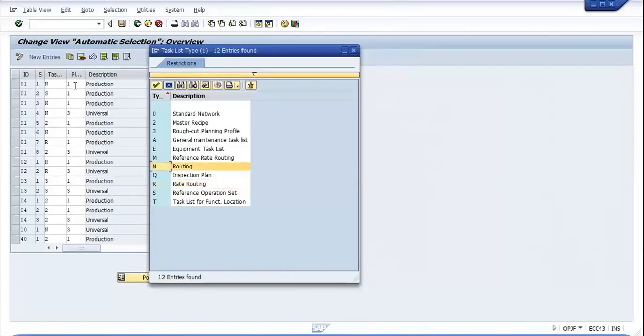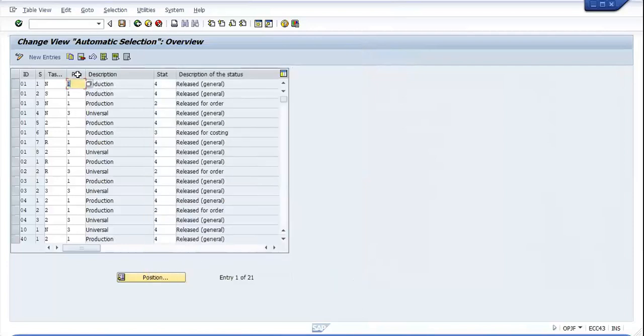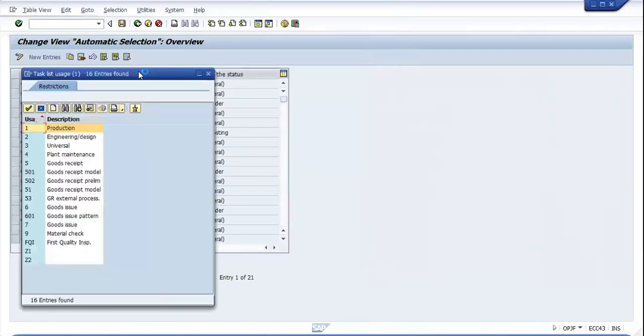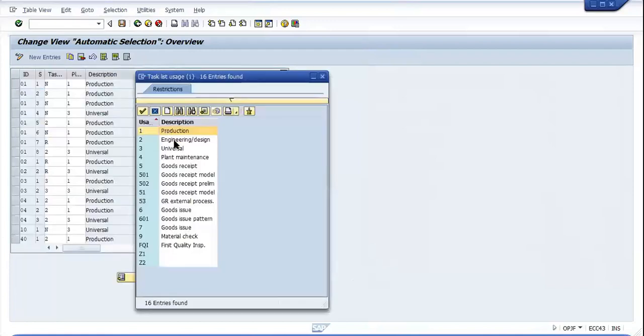Then you can see what this is, it's a plan uses. So I can set a plan uses here, like one is production, two is engineering design, universal, plant maintenance, goods receipts, goods issue.